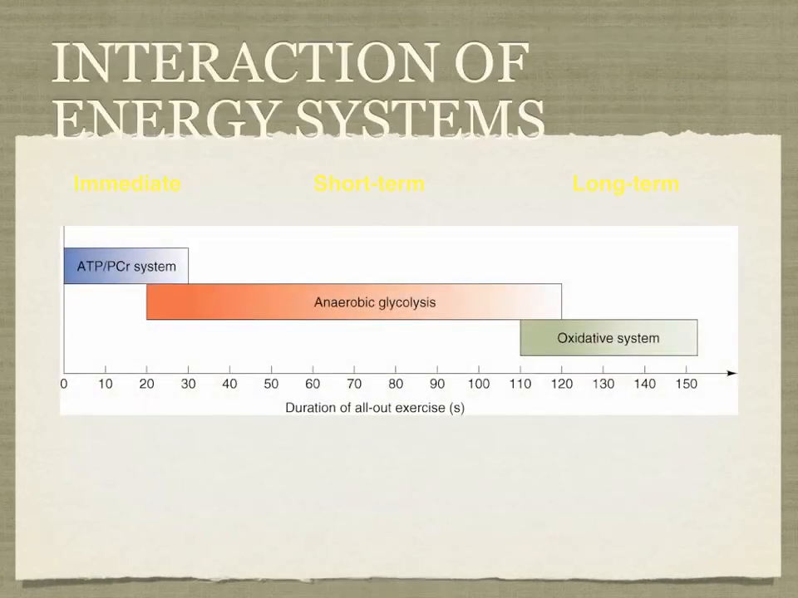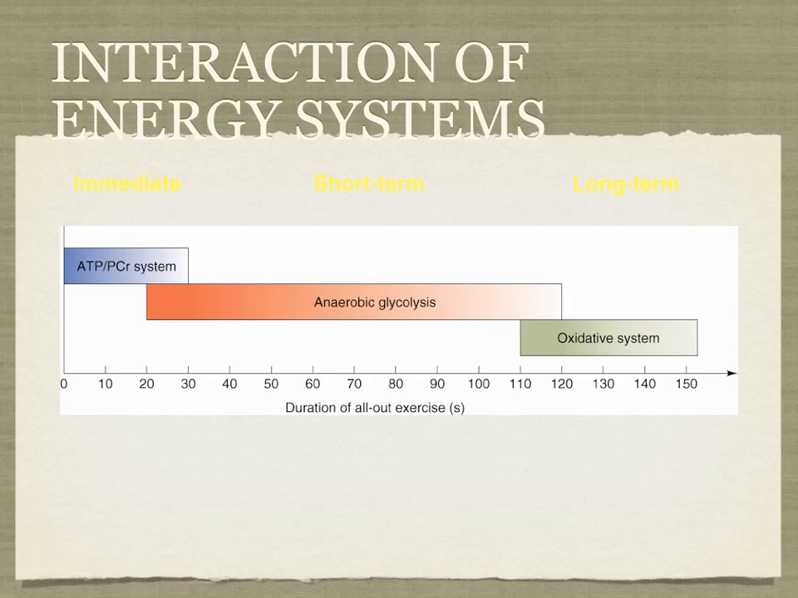This just shows there's an overlap. All the systems are always working. It's just that one is more dominant than the other. So immediately when we exercise, we're relying on the phosphagen system, stored ATP and creatine phosphate in the muscle, but it's a very limited supply. And then we go to our anaerobic glycolysis, where we have glucose available and stored glycogen,